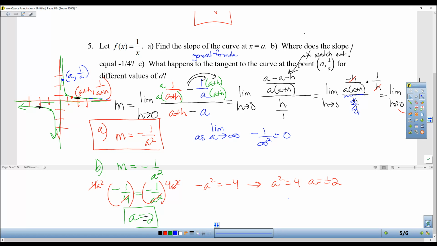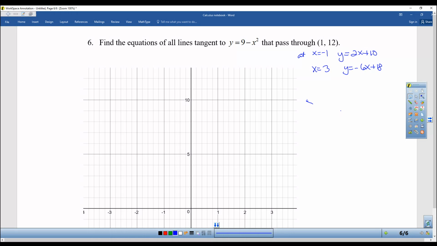Okay, this next question is super hard, but we're gonna work through it. You can do it. I believe in you. So it says find the equations of all the lines tangent to y equals 9 minus x squared that pass through the point (1, 12). So